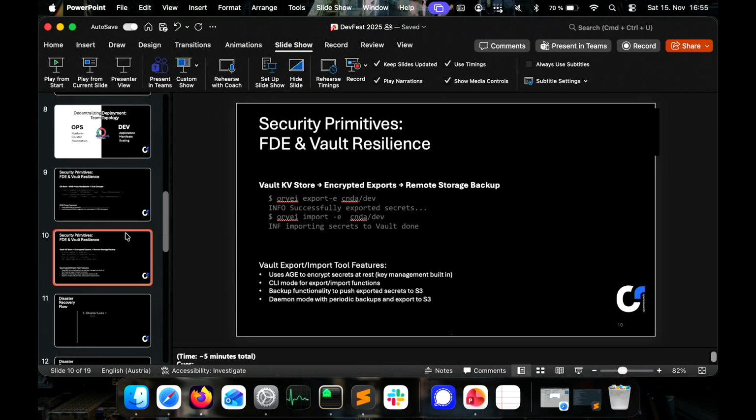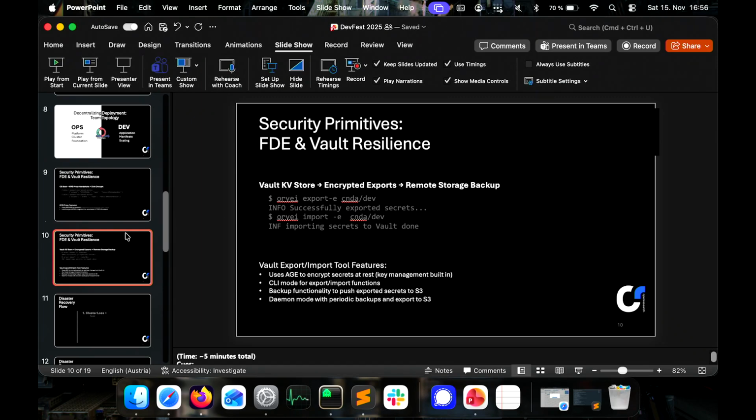So yeah. Second tool is this Vault backup and restore tool. What we did here is we wanted to make sure that the secrets are never exported or stored somewhere in clear text. So this tool basically connects to a Vault cluster, pulls the secrets from your secret store, and on the fly it's using age encryption. I don't know if you know what it is. It's basically a crypto library that's very nice. That's using public key infrastructure to take your data, encrypt it with a private key,